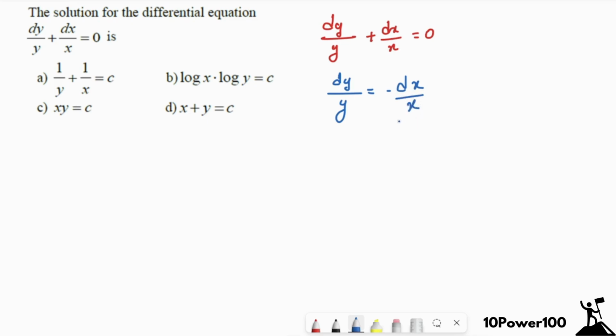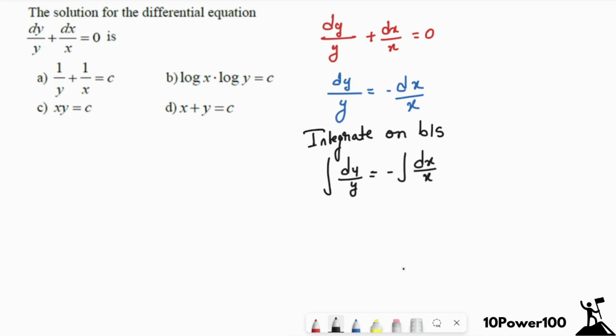Now the variables are separated and now it's ready to integrate. Let's integrate on both sides. So integration of dy by y is equal to, I'll keep minus outside, minus of integration of